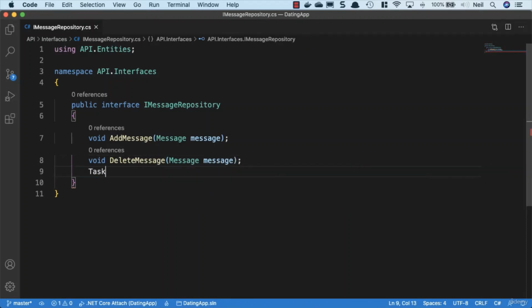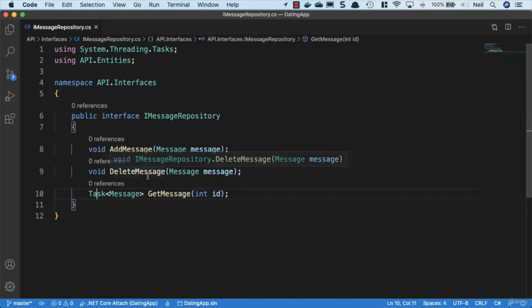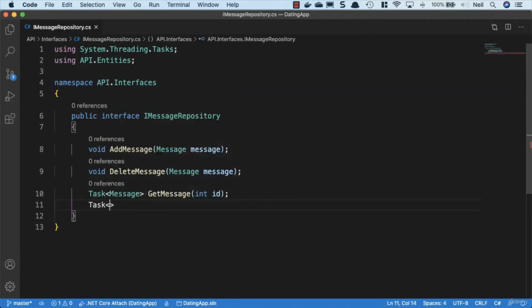And then we'll add a task so we can get an individual message, and we'll say Task<Message> GetMessage and int id, and we'll go ahead and use System.Threading.Tasks, and then we'll return a Task, and for this one we'll use a PagedList of type MessageDto,